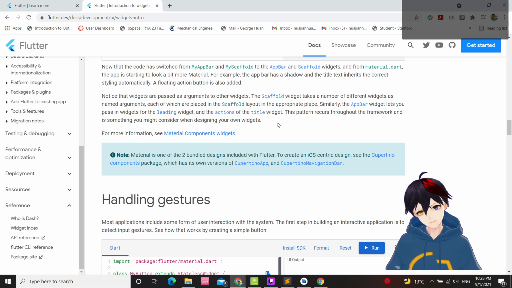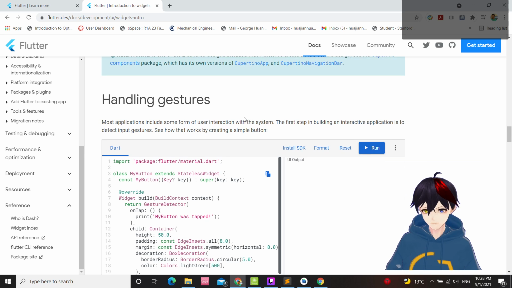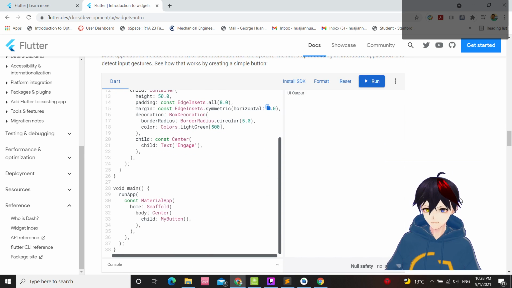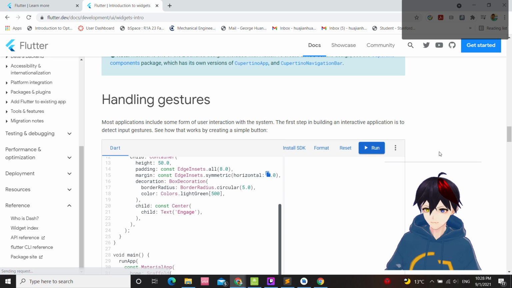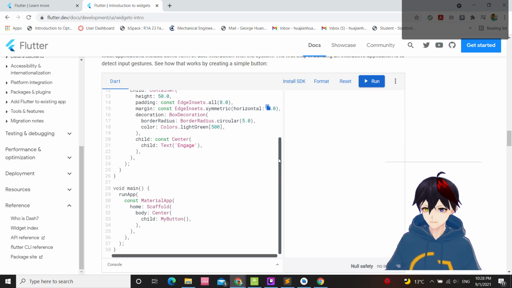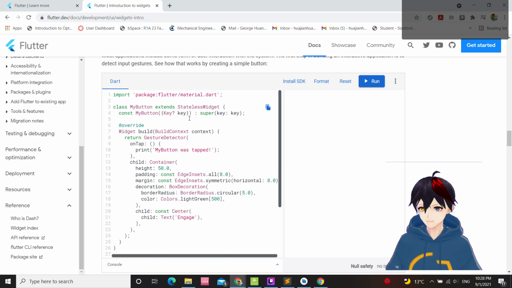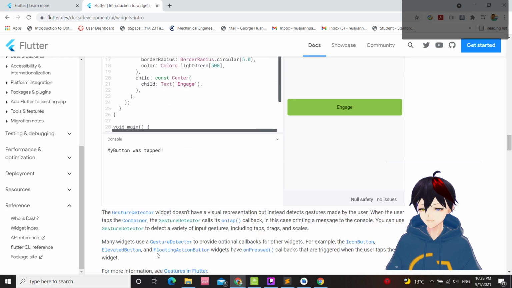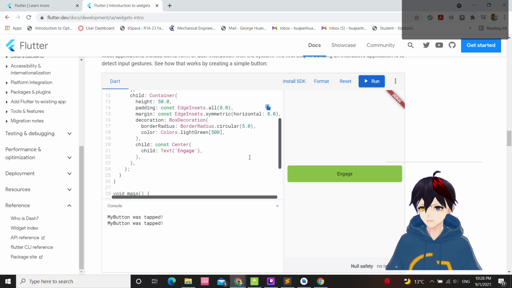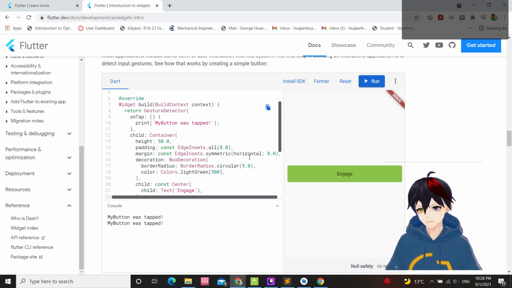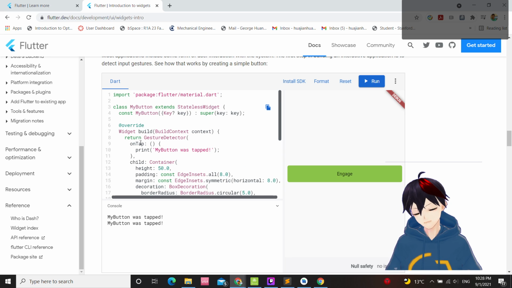Widgets as inputs to another widget. Handling gestures. Interactive. That's why that onPressed runs, right? Engage. The button was onTap. I guess onTap is the default argument.